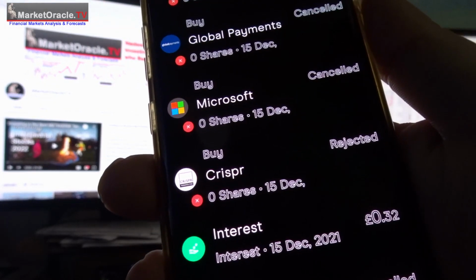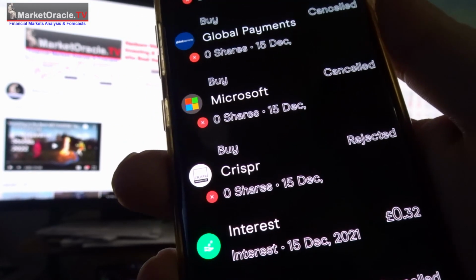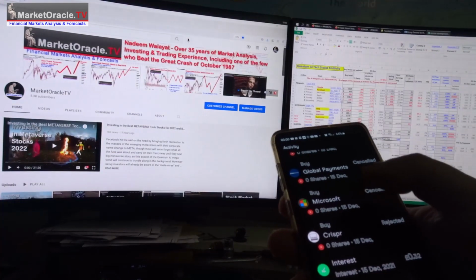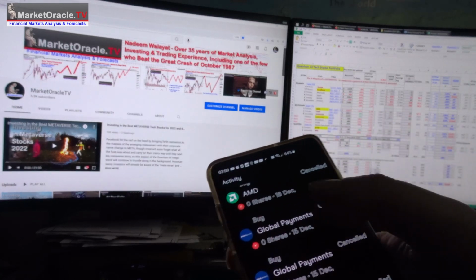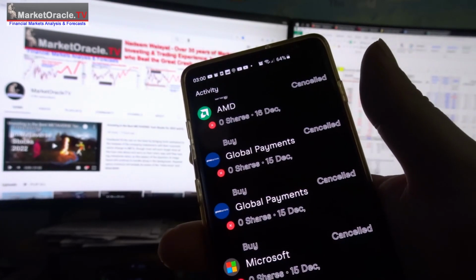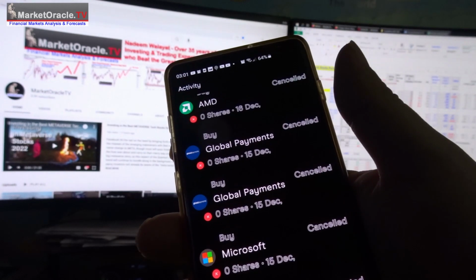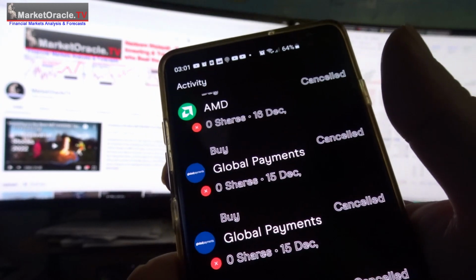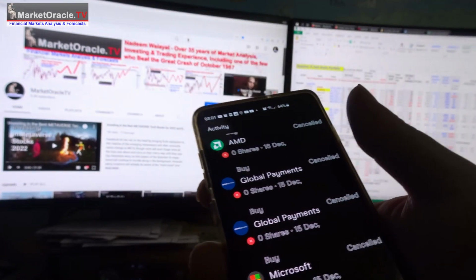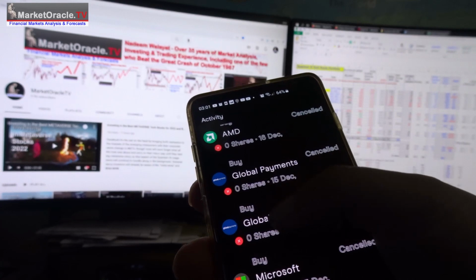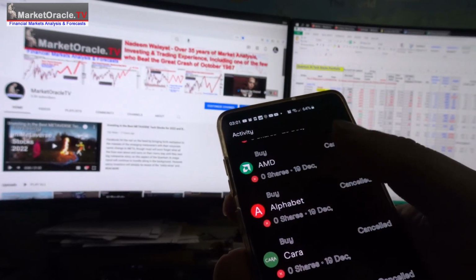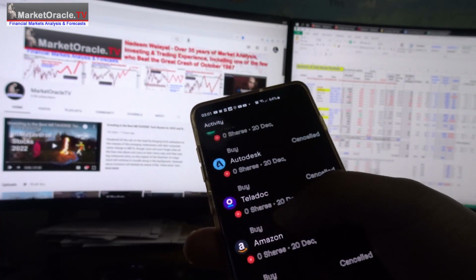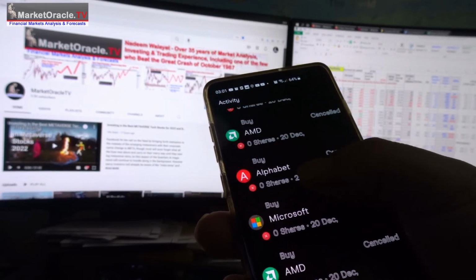I placed an order for CRISPR and found out some minutes later that it got rejected. And same for Global Payments. These 2 were cancelled by them, which was for a corporate event. I think it was ex-dividend, well, some corporate event, and it resulted in Global Payments, which is like a stock like PayPal, but cheaper, getting cancelled by them. So I understand the cancelled orders. Like I say, not all of these were cancelled by them. Most were by me, because I reset the orders.